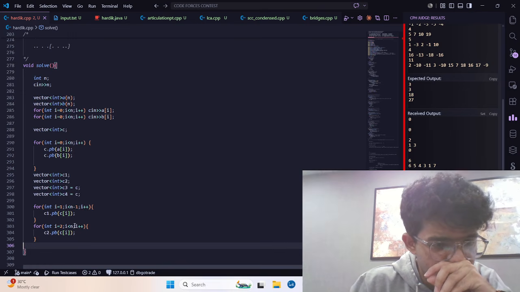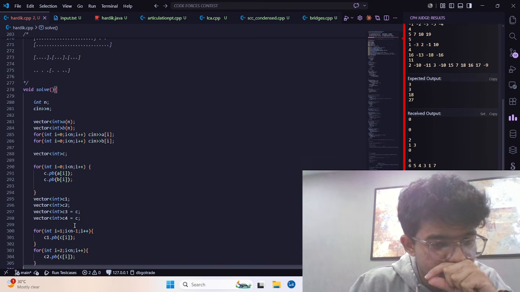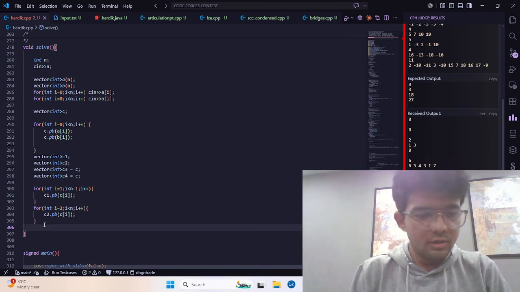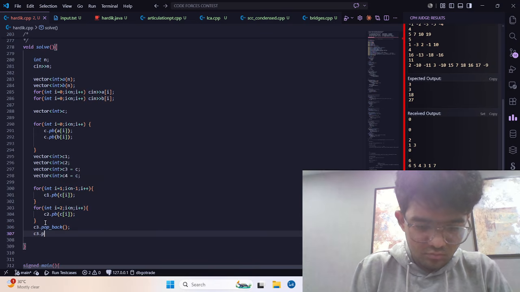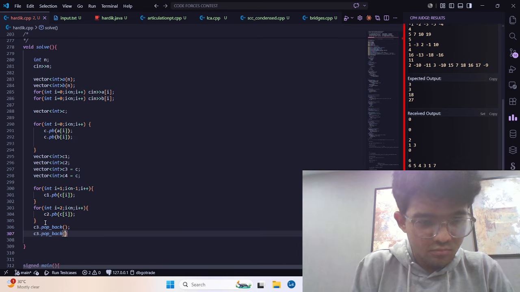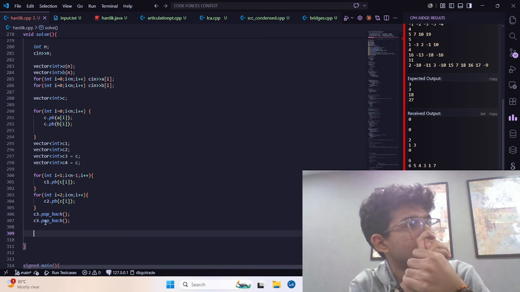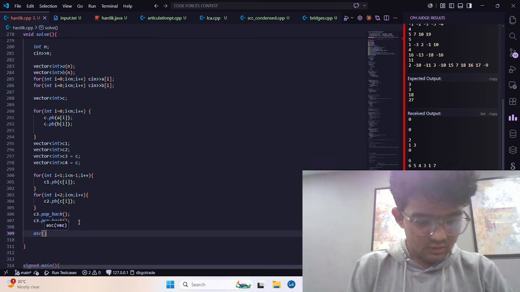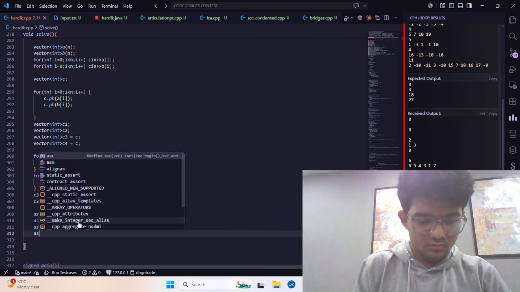C1 में हमने 1 से n - 1 तक के सारे डाल दिए, C2 में हमने 2 से n सारे डाल दिए, C3 हमने C के बराबर रखा है, बट C3 डॉट पॉप बैक 2 बार करना है। C3 डॉट पॉप बैक, अब सब बन गए ना, अब ASC C1, C2, C4।